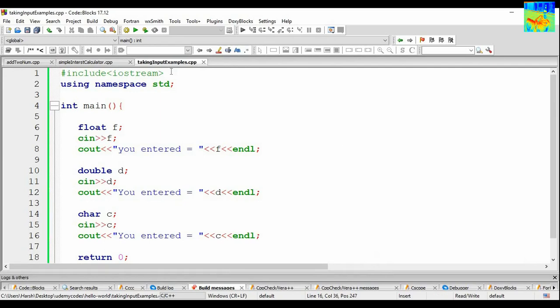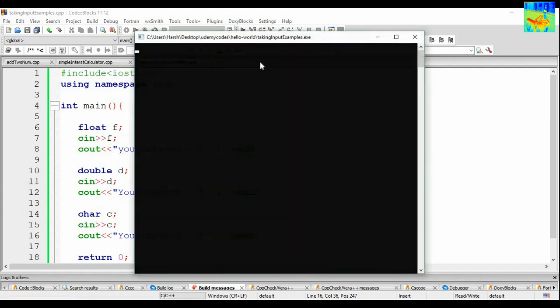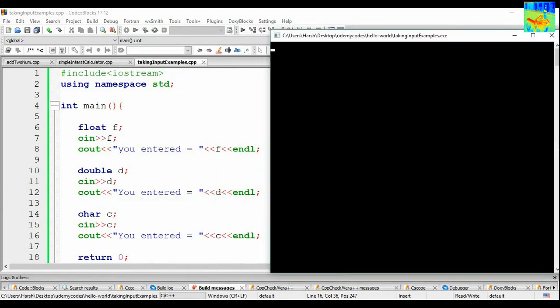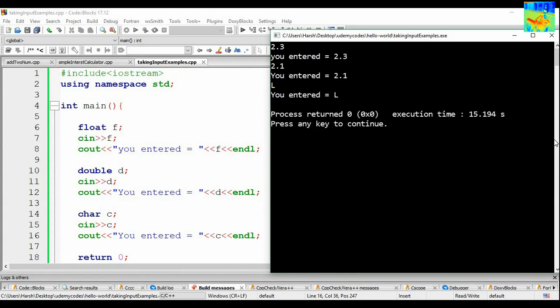Okay, so let's run our program. So the value of f is 2.3, value of d is 2.1, and let's say my character is capital L. Okay, so L is getting printed because the value of variable c is L.